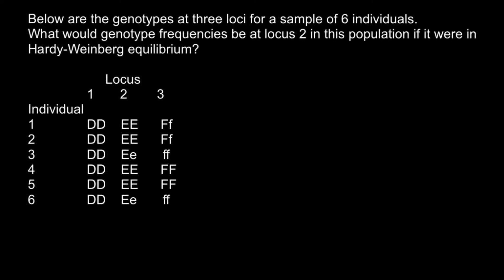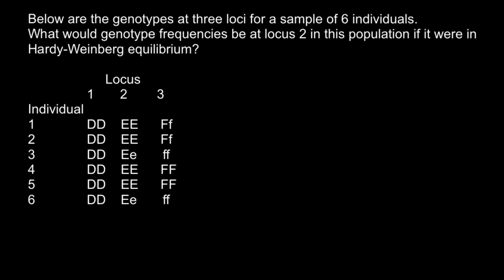This video is going to be about population genetics, and here's a problem. Below are the genotypes at 3 loci for a sample of 6 individuals. What would genotype frequencies be at locus 2 in this population if it were in Hardy-Weinberg equilibrium? And as usual, I recommend you stop the video here, try to solve this problem on your own first, and when you are ready you can run the video again and compare your answer with my answer and